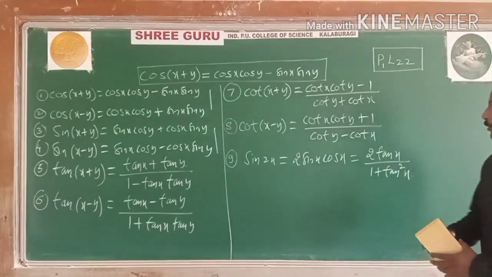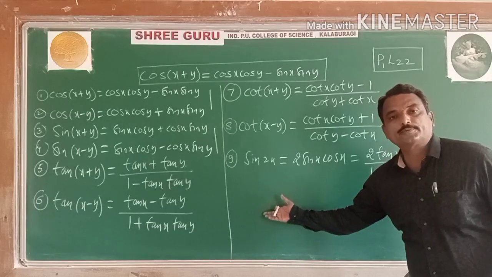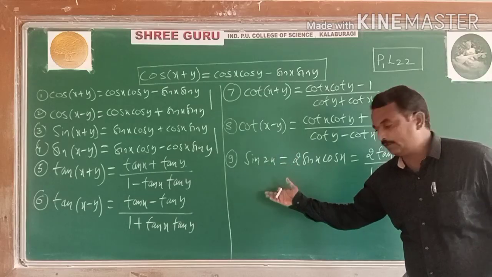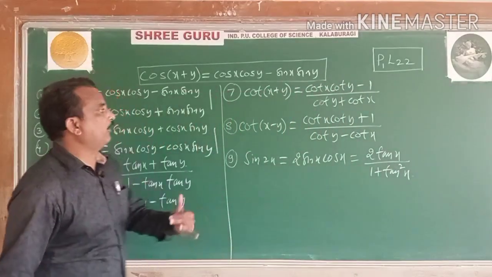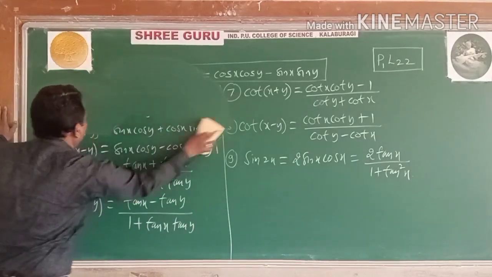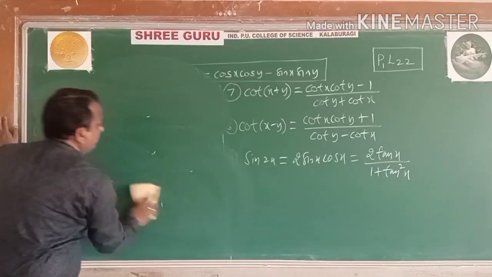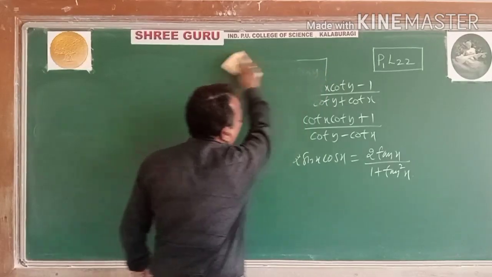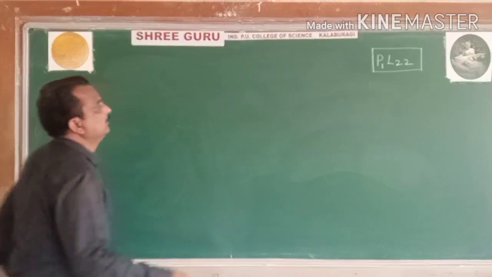Now let us go for cos 2x, tan 2x, similarly 3x of sin, cos, tan, like that. Here we will go for some more formulas today, and then after that I will go for examples on these formulas. Now let us see the students. Sin 2x we have completed here. Now come to the 10th one.